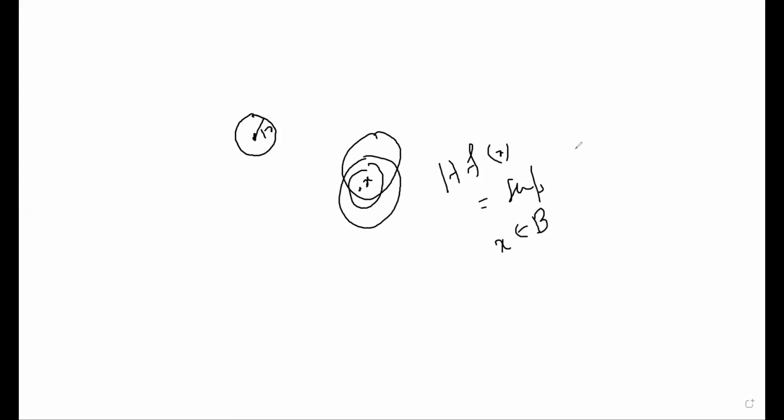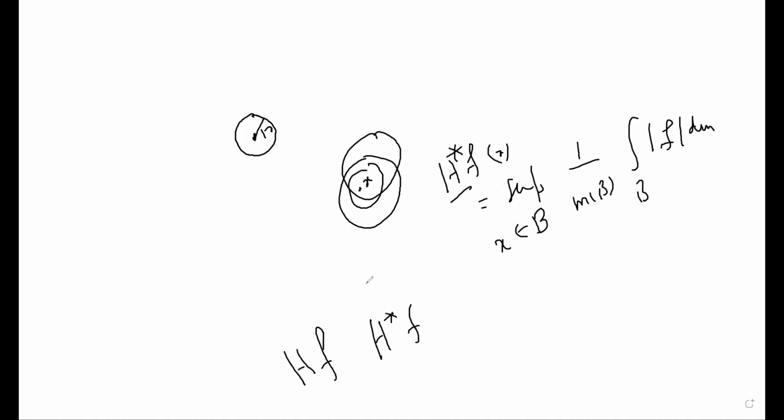You take the supremum of this quantity, 1 over the measure of B times the integral of mod f over the ball. Let's call it A star. This is your modified Hardy-Littlewood function, and if you want to analyze A star f or your original Hf,